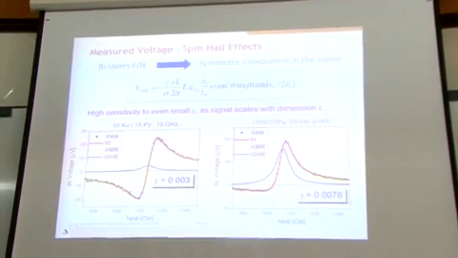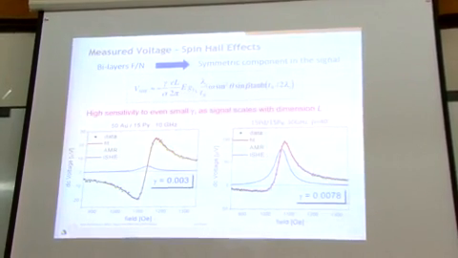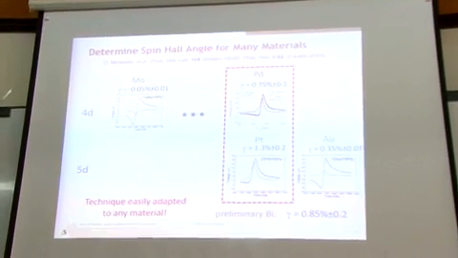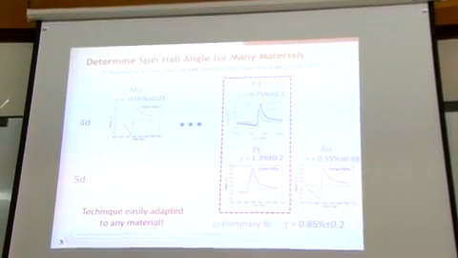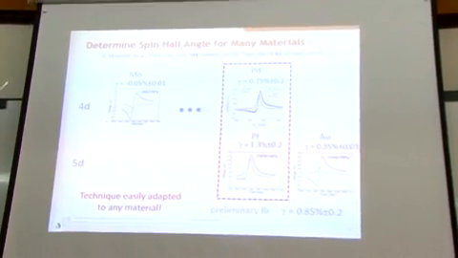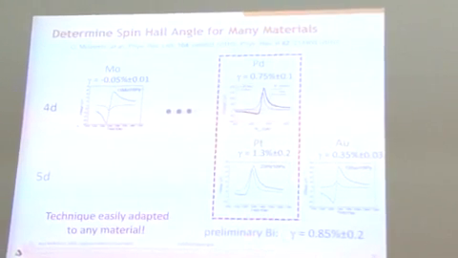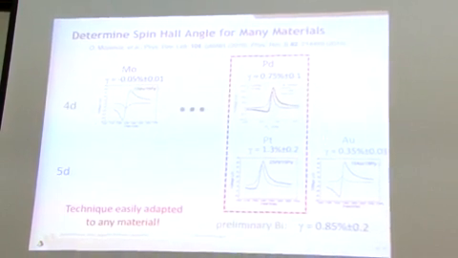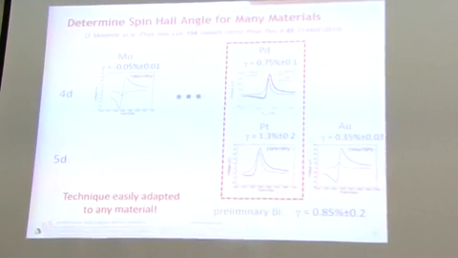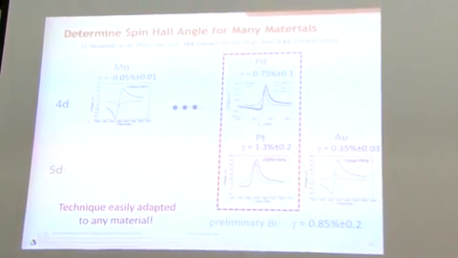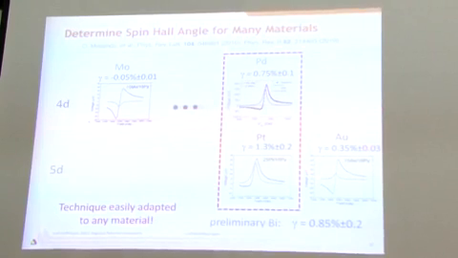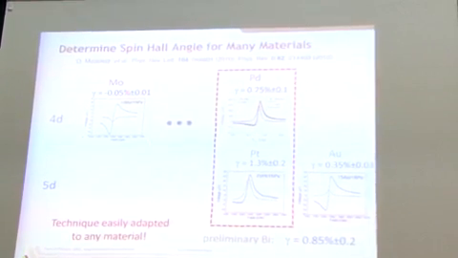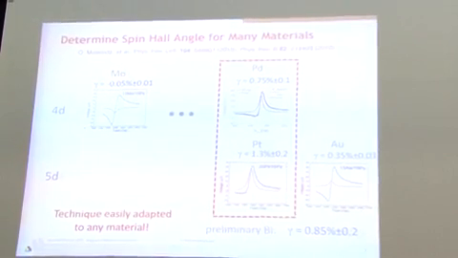So what we can do is we can do these experiments for many different materials. You know, it's very easy to integrate these bilayers with these coplanar waveguides. So we've done this for platinum, palladium, gold, moly, also some for bismuth. And so what we see, spin Hall angles for platinum are the biggest, 1.3%, and that's pretty much consistent with what other people see. Palladium, it's around 0.8%. Gold, it's 0.4%. Bismuth is similar to these two, about 0.9%. Molybdenum is negative and much smaller, minus